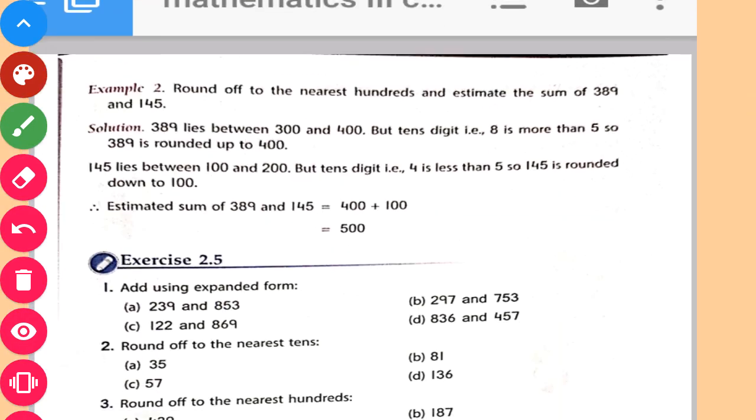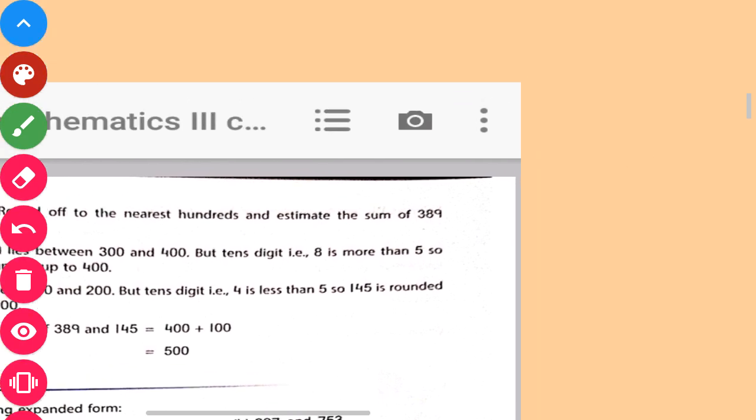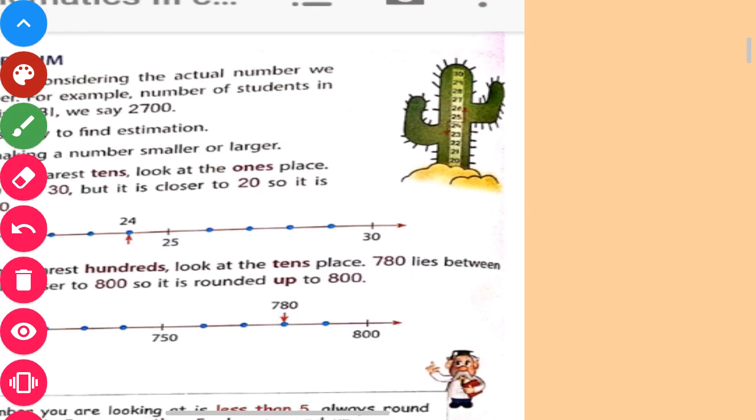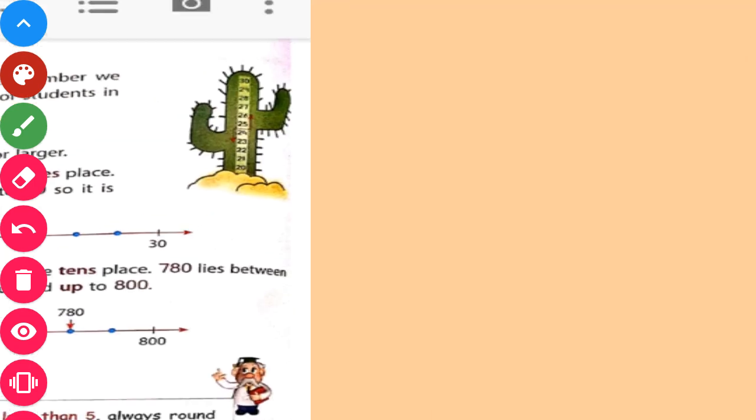Now here. Okay, now let us understand rounding up to nearest 100, rounded off to nearest 100. Okay, yeah. Suppose I take a number that is 143. A number is 143. Ones, tens, hundred. Three digits are there in this number. Okay.